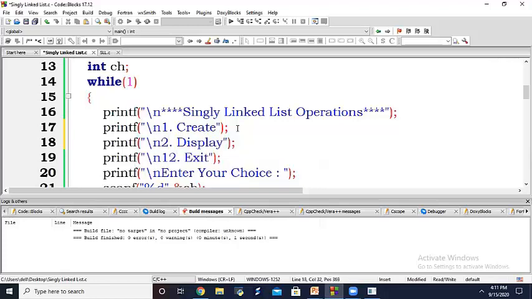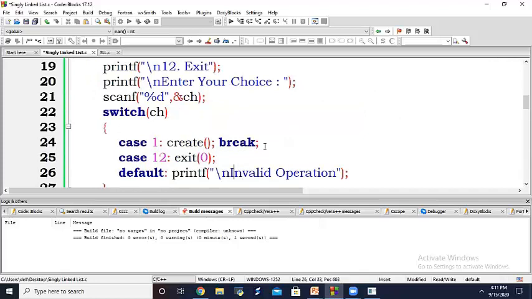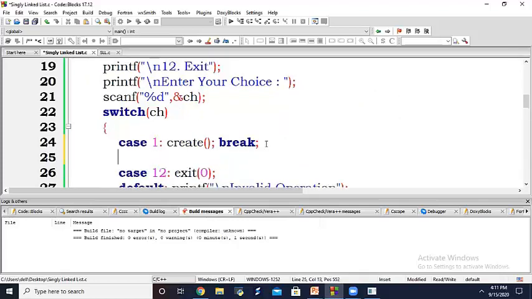Okay. Now I am writing case 2 also. Case 2 calls the display function and then break. Okay. Now I am saving this program.